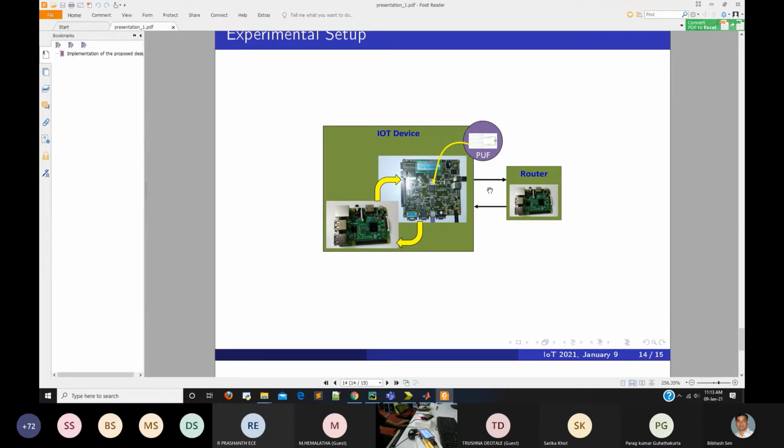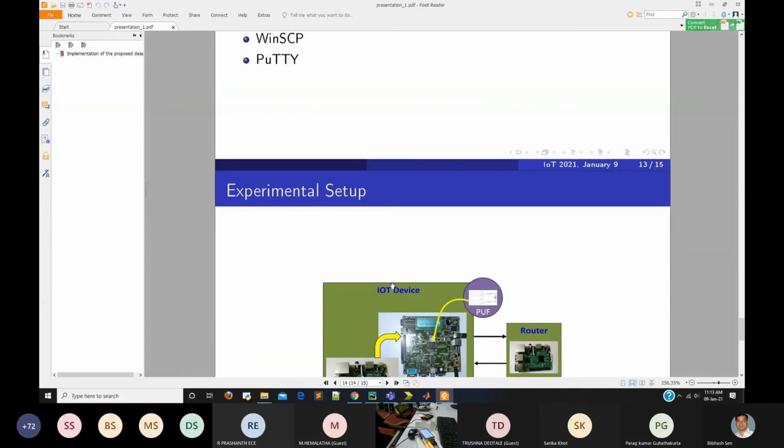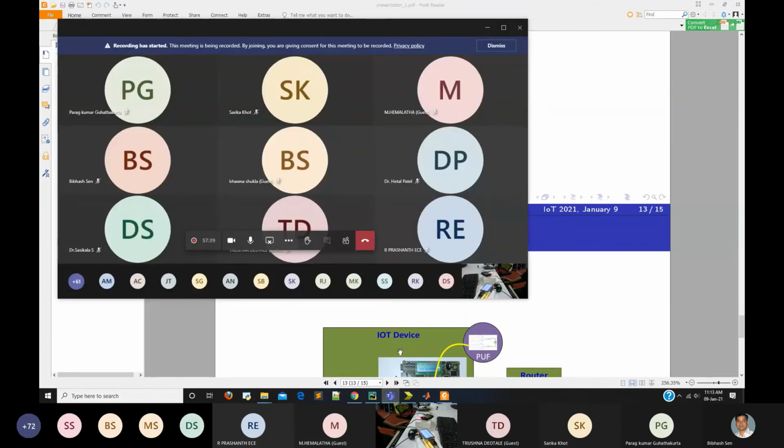We will demonstrate that now. So the hardware you can see. This is the server.